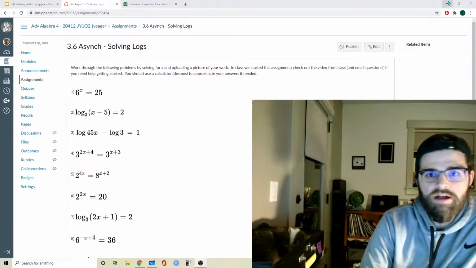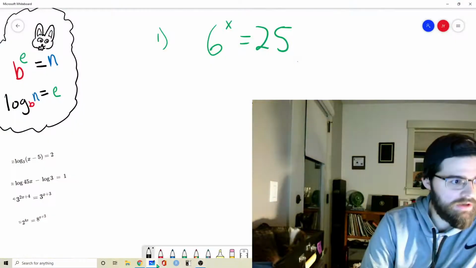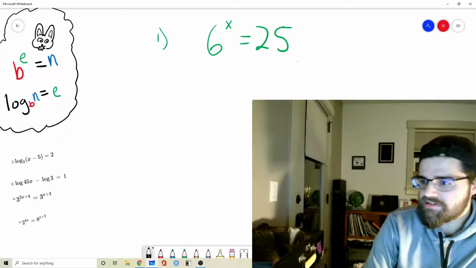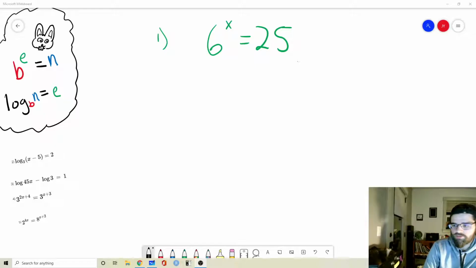Okay, so I'm going to do some math. Alright, so our first problem here, we've got 6 to the xth power equals 25. So basically the biggest skill we've learned so far, and I've been pounding you to death with this, is the ability to translate a log into an exponential, right? Using our friend Ben the Bunny, or we can do the roll the log trick. It's going to allow us to translate our